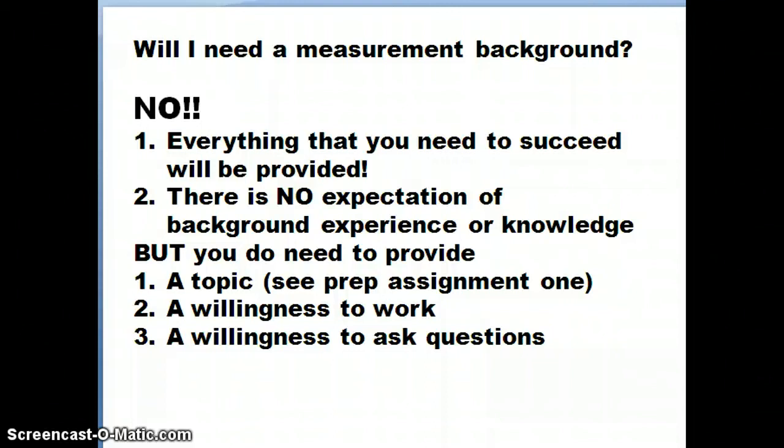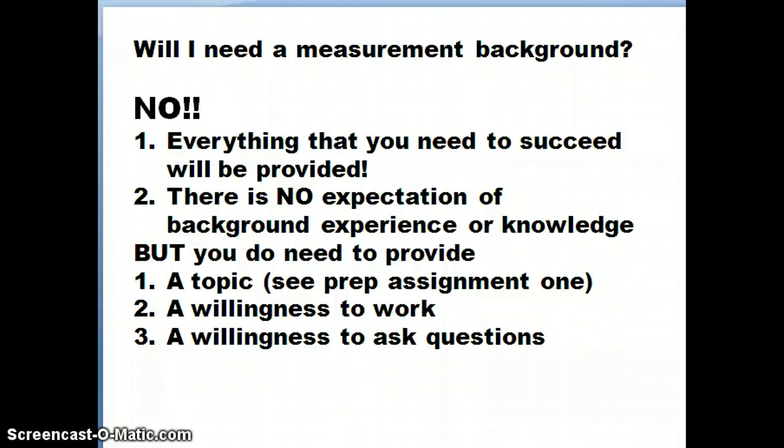Number 2, you're going to have to be willing to work and get your hands dirty. Doing research activities is not a clean business. You have lots of messy spreadsheets. You got to think about getting numbers organized. You have to get things organized in a systematic plan, and that's not easy to do. So, you're going to have to be willing to work. There will be work involved in the class. You're not going to do this on autopilot. You're going to have to be thinking, and you're going to have to be reflecting on things you want to do.